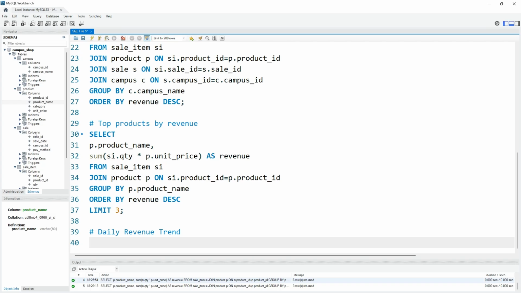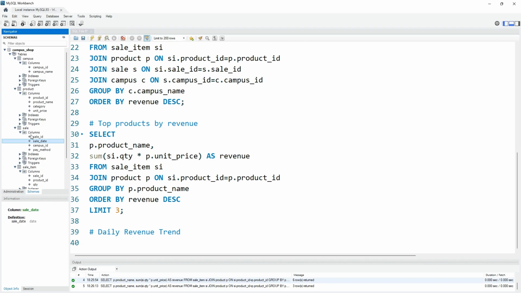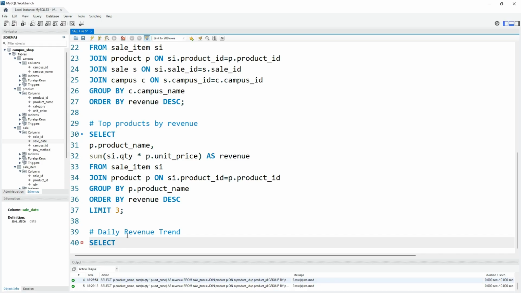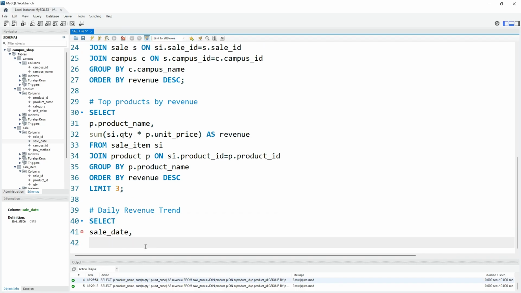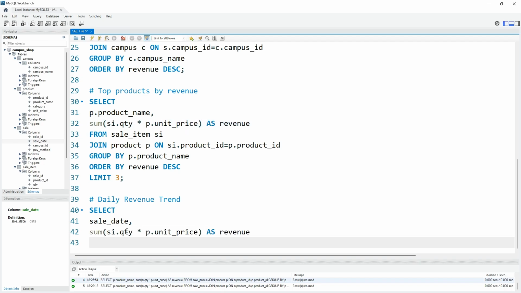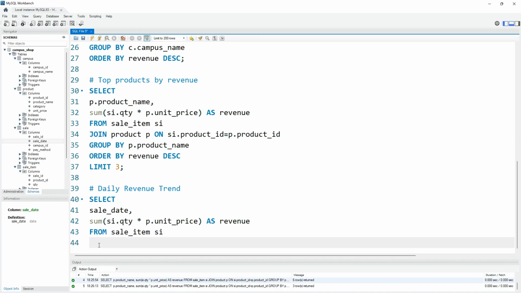Bearing in mind that date is obtained from the sales table. So obviously you will need to write a select statement where you will have a sale date, and then you will have the revenue as usual, the same thing as you have here. That doesn't change. And then from the same sale item, as you see, but then you will have to join